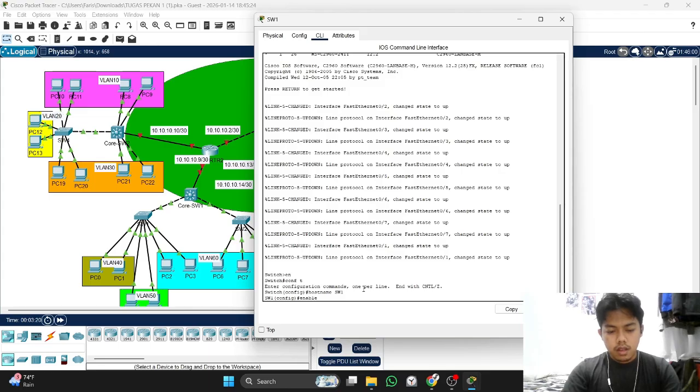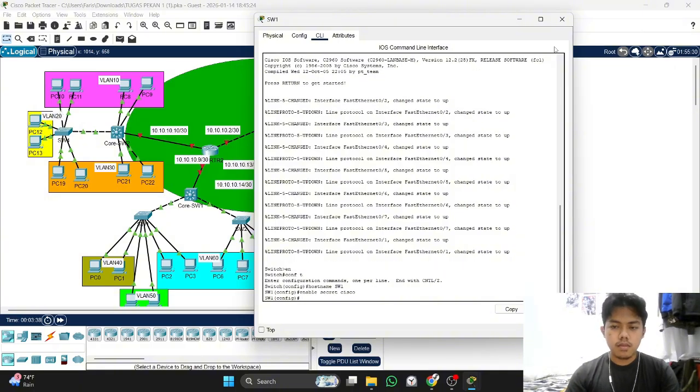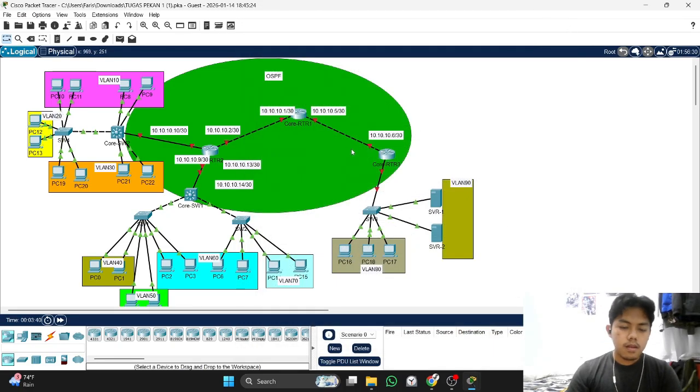And then we configure the secret as Cisco. For configuring the secret, you write enable secret Cisco. Okay, enter. We're done. Do this to all the routers and switches.